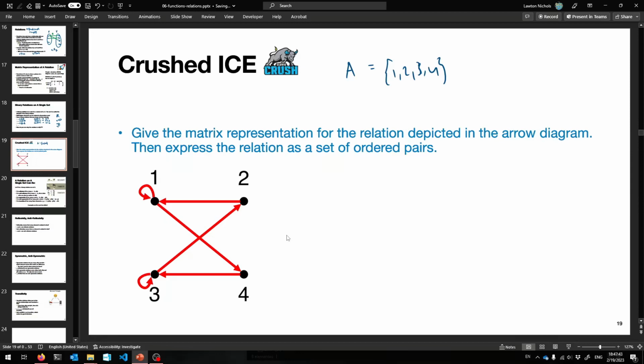So with the matrix representation, you are putting on the rows and columns, like the rows become the left side of the relation, so it's all the elements of A. It's A cross A, so elements of A are going to be both the rows and the columns. 1, 2, 3, 4, and then we also have 1, 2, 3, 4 over here as column values. And so again, it's like, is 1 related to 1? You put a 1 there if it is, and a 0 here if it's not. Stuff like that. Okay? So 1 is in fact related to itself, so we are going to put a 1